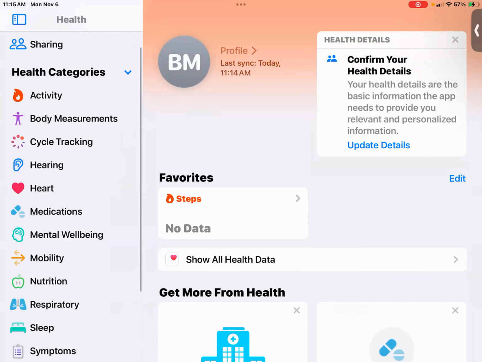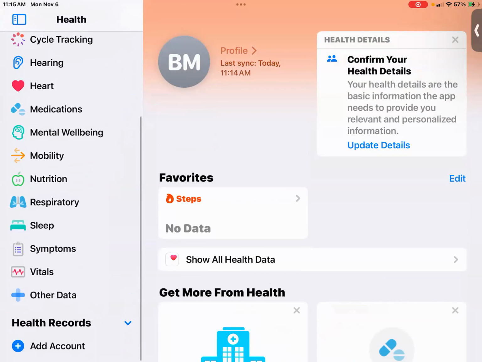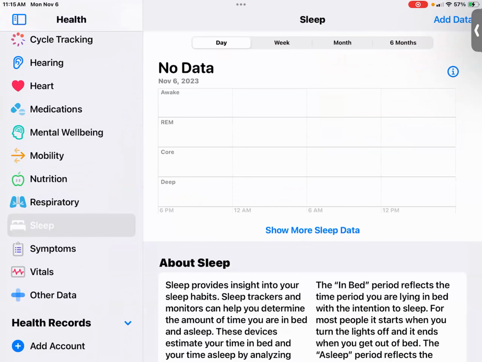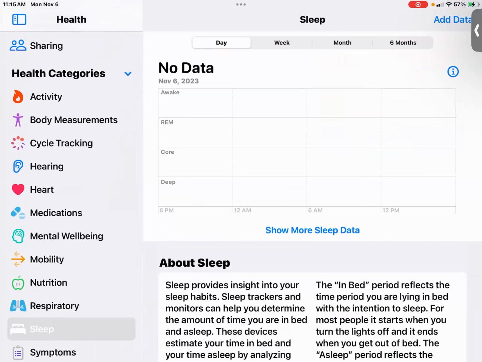Which one would you be interested in on the left hand side? You have sleep. You can add your sleep data. Yeah, I'd like to do sleep. That would be a good one. If you hit, let's see, it's a little different for each one. So if you hit add data at the top right,